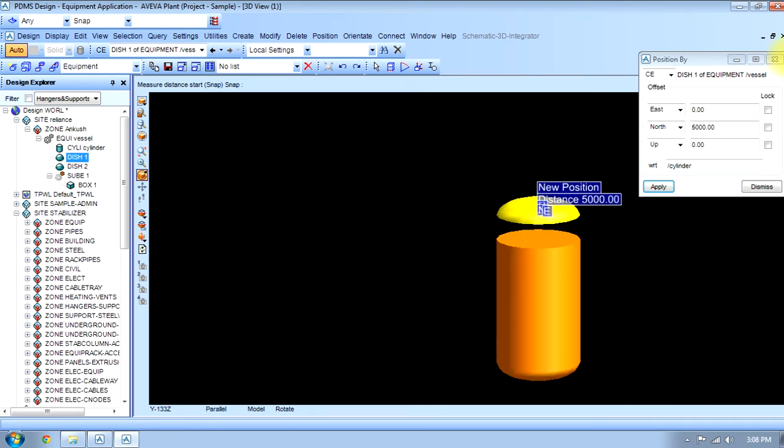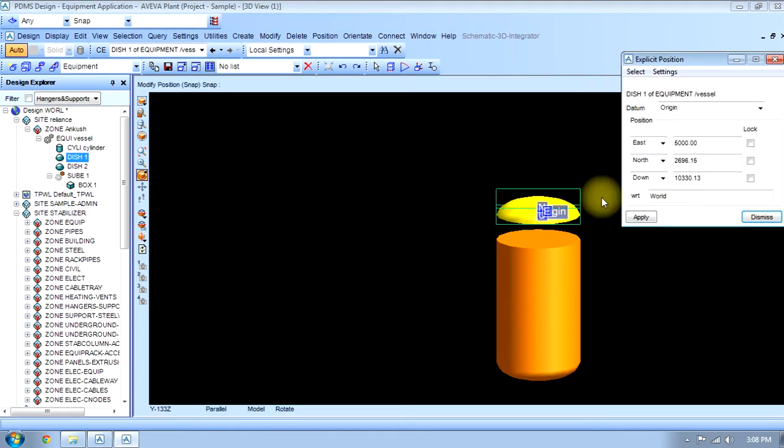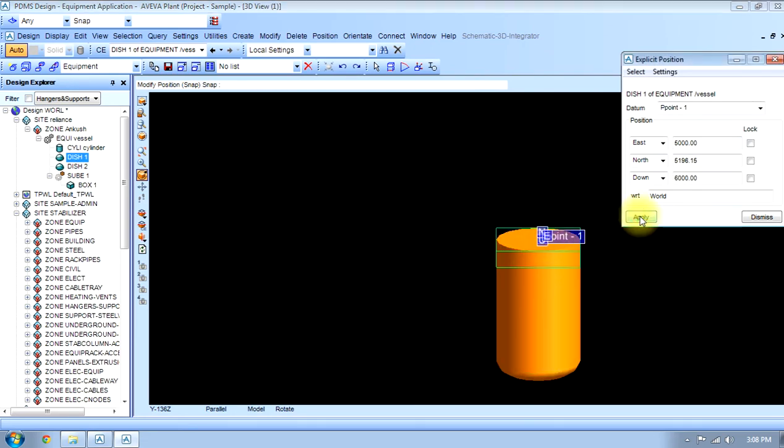Now the third method is using of element command. Then position explicit, where it was origin, we can click it P point, also any pick point, and move that point to here and apply this.